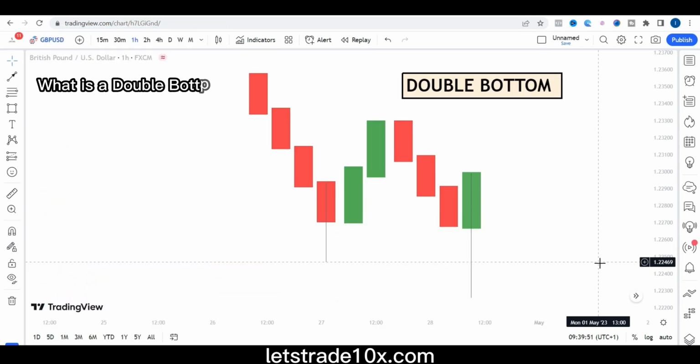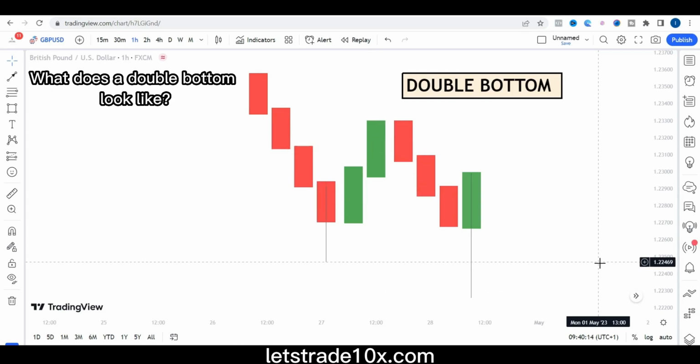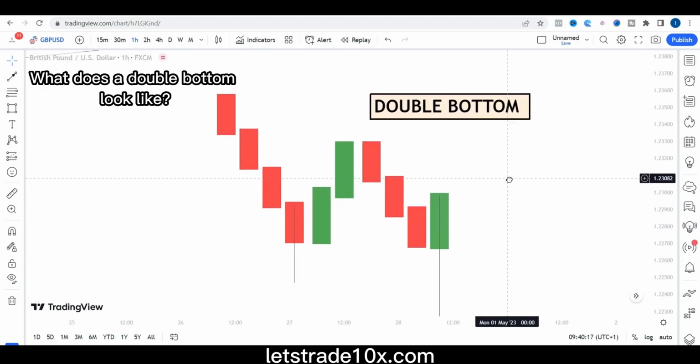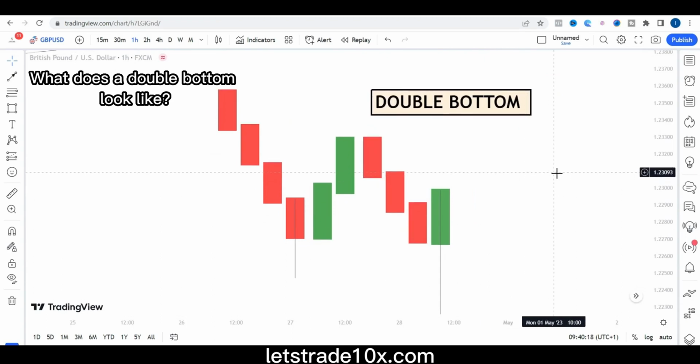What is a double bottom? Double bottoms are bullish trend reversal formations. They form after an extended move downward. Now, what does a double bottom look like? Well, I have this chart to show you what a double bottom looks like, how to identify a potential double bottom formation. But before I jump into that, I want to remind you that you don't trade double bottoms anywhere